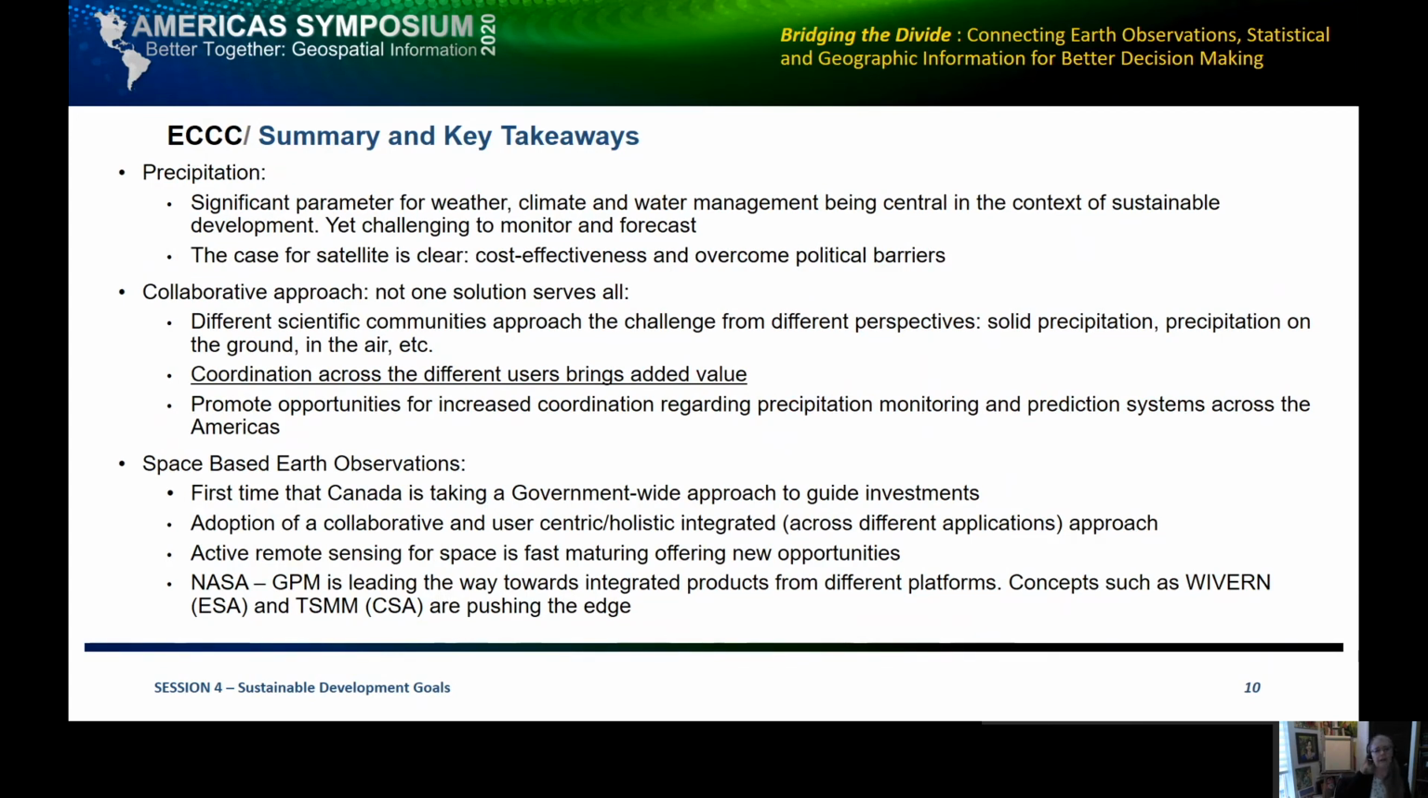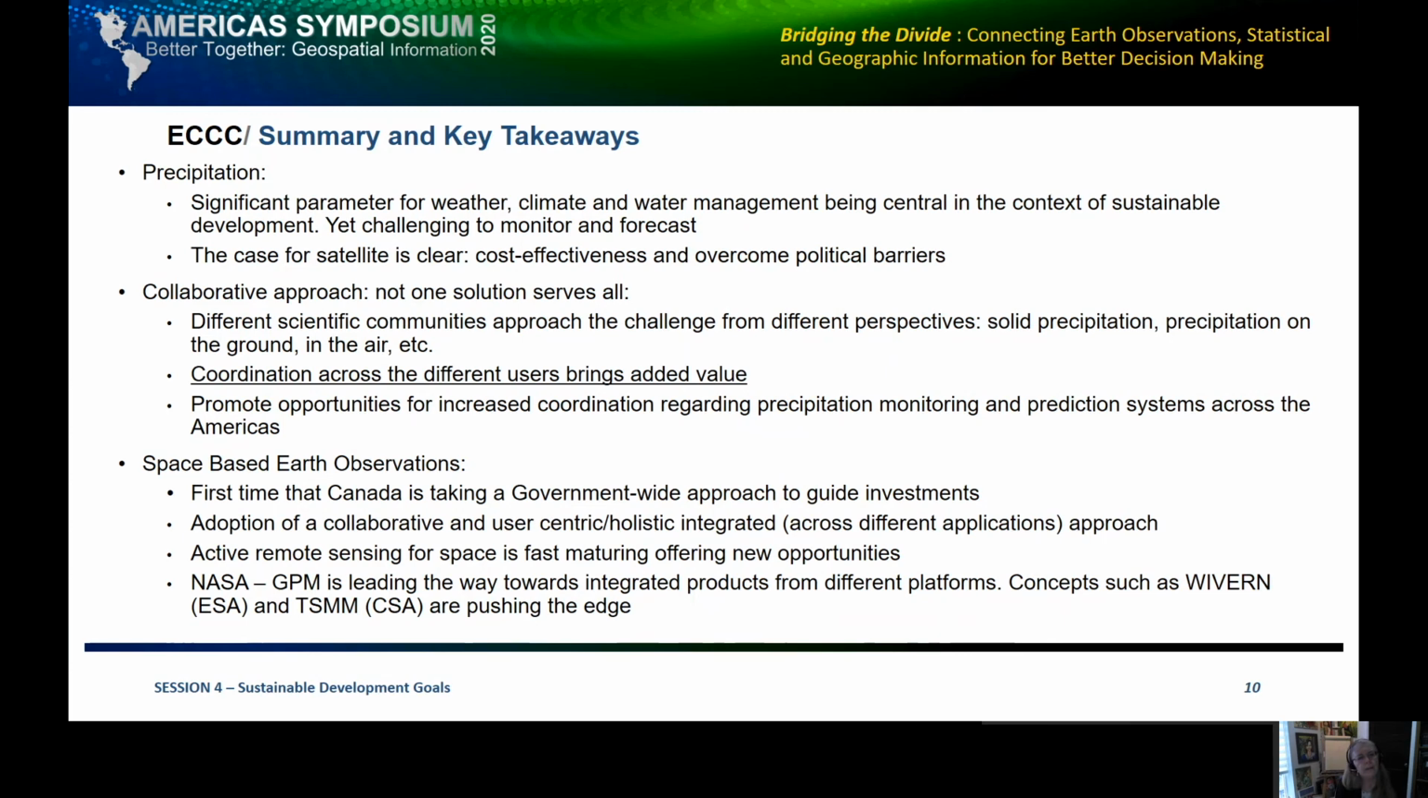So in summary, what are the key messages here? If you think about the Americas, it's a very vast territory that mostly goes pole to pole. So there is a great opportunity here to think about precipitation as a significant parameter for weather, climate, and water management, and think about how the Americas could work better together in terms of linking efforts, so we can give better products and better services in terms of precipitation that can then feed systems that could be used to address basic